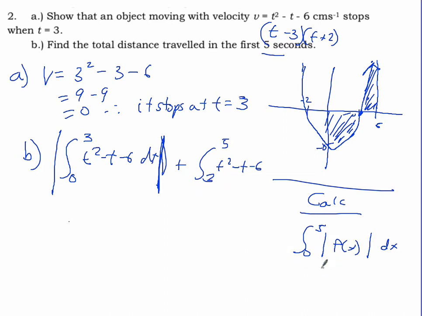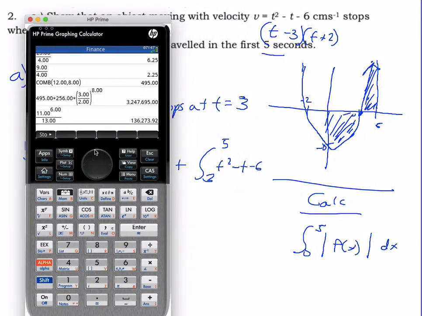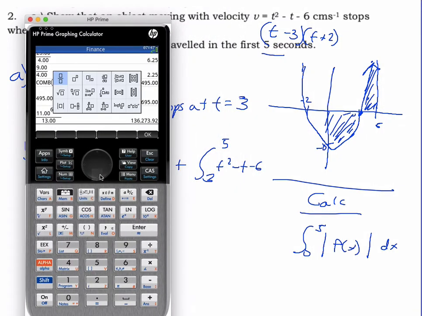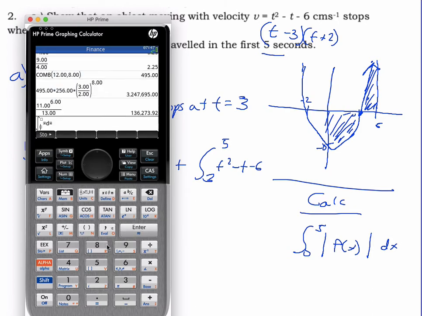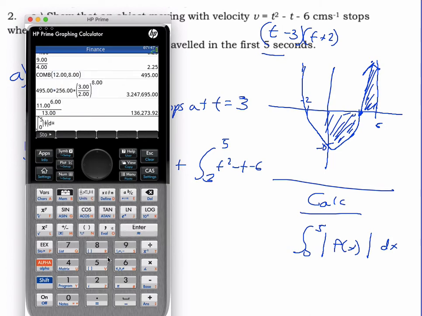I'm going to use the calculator. If you type this into the calculator, you get, actually let's just try that. Okay, so we use this button right here, and the integral function's right there. So we go 0 to 5. Okay, and then in here we need absolute value. I think you can click this button again. And there's absolute value. Then inside we've got to type in x squared